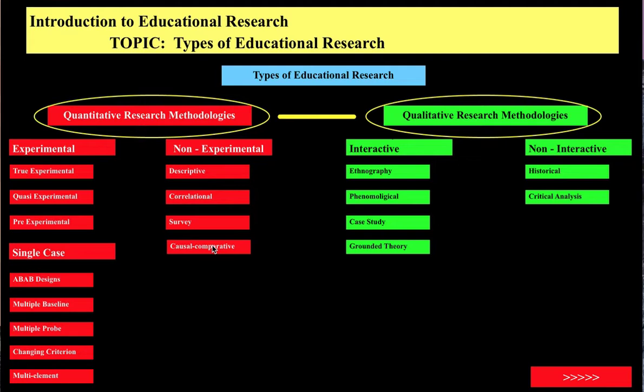It is exactly the same as true experimental research, except that the researcher cannot manipulate the independent variable, and that doesn't make much sense to you now, I don't think. Let me give you an example. If a researcher was interested in studying the effects of preschool attendance on reading ability at the end of 3rd grade,